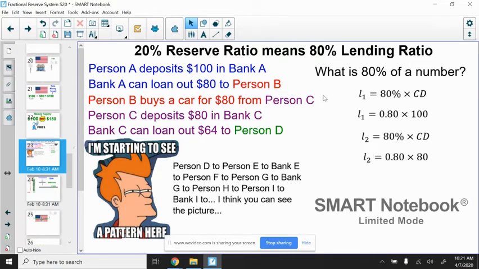And all that happens is this keeps occurring and occurring and occurring. Notice the numbers are getting gradually smaller. That is because I keep multiplying by a value that is less than 1. And if I was to sum all that up, it would be close to $500. Now, you should have no idea how I came up with this number, but we're going to figure it out.